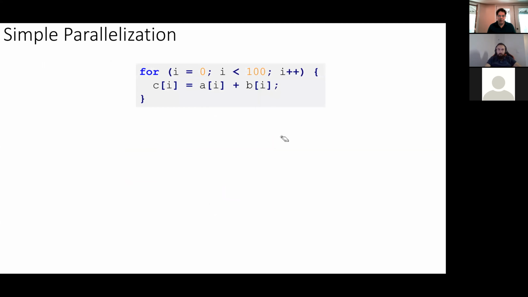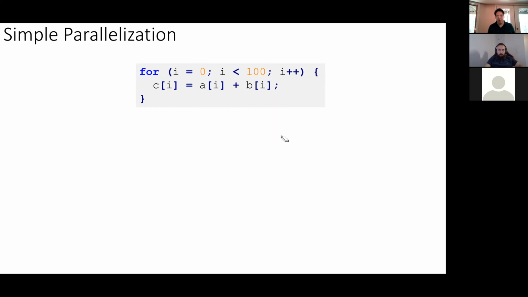Okay, so how are we going to parallelize? I'm going to show you a simple program that's easy to parallelize. There are multiple ways to write parallel programs. The way we're going to teach you is something called OpenMP, which is a relatively simple way to write parallel programs. It basically does a lot of the work for you, which is good. And it's appropriate for programs where you have a lot of data to process and you're trying to divide it